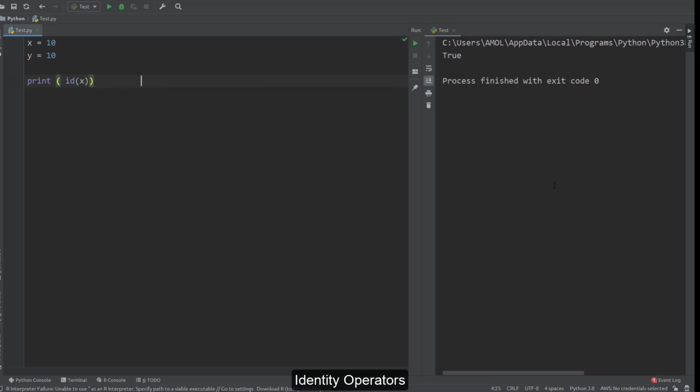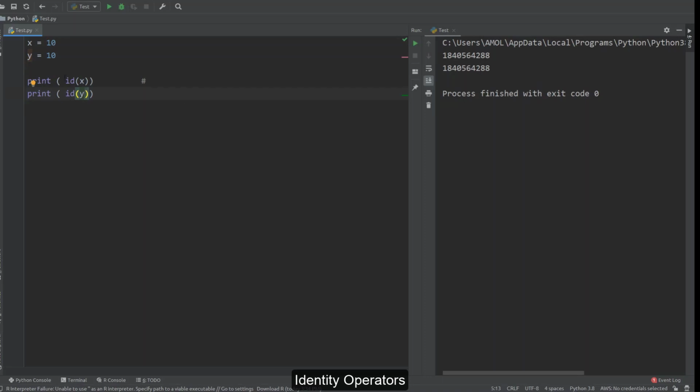Every object we create in Python has one unique id value, and by using this id function you can print that id. So here you can see id of x is some value like this. Now if you check id of y also, both have the same id. Both x and y have the same ids.